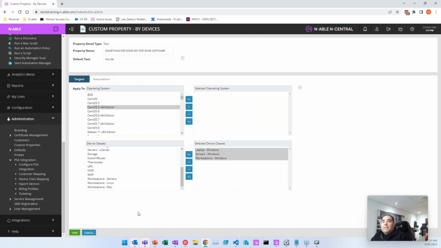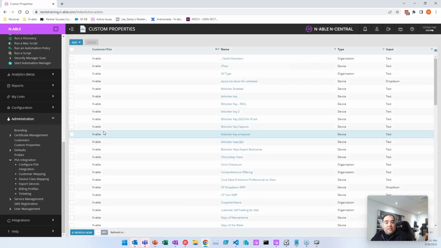Keep in mind, I'm going to save this, and that's going to save itself, obviously. This will take anywhere from 1 to 5 seconds for me. I don't have many devices. It's a small server in my lab, so that's easy. But if I have 5, 10, 20,000 devices, this would obviously take a little bit longer. So definitely be mindful of that. So having done that,